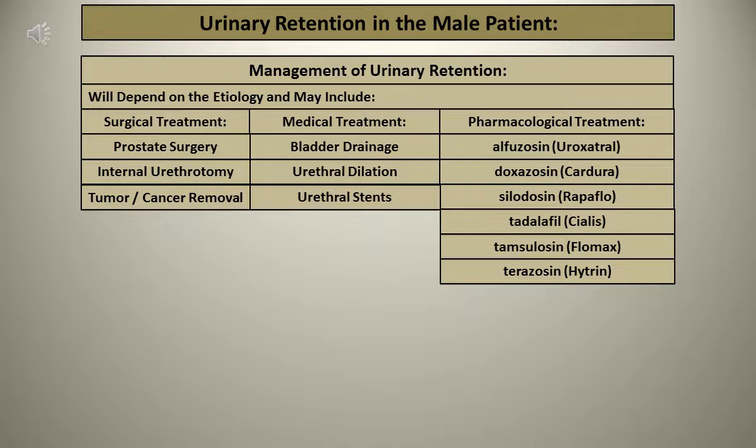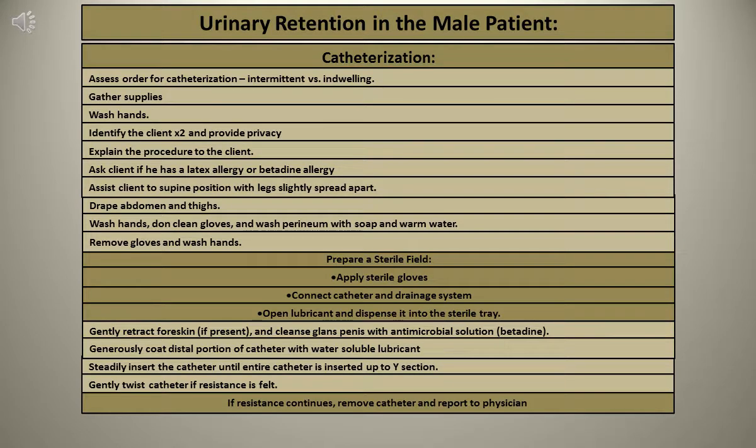Men with acute urinary retention from BPH have an increased chance of returning to normal voiding if alpha blockers are started at the time of catheter insertion. Various drugs are used to treat urinary retention and may include Cardura, Cialis, Flomax. Standard transurethral catheters are readily available and can usually be easily inserted. If urethral catheterization is unsuccessful or contraindicated, the patient should be referred immediately to a physician trained in advanced catheterization